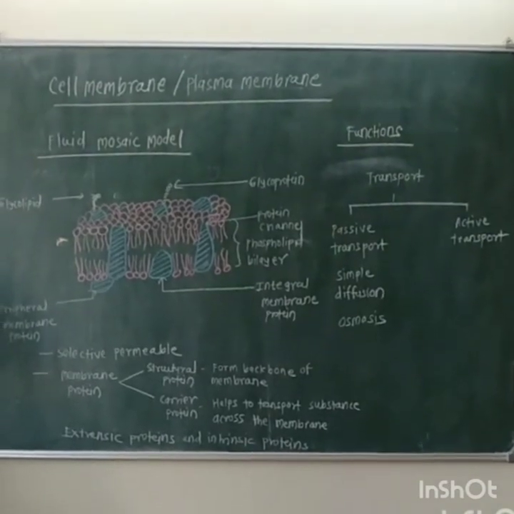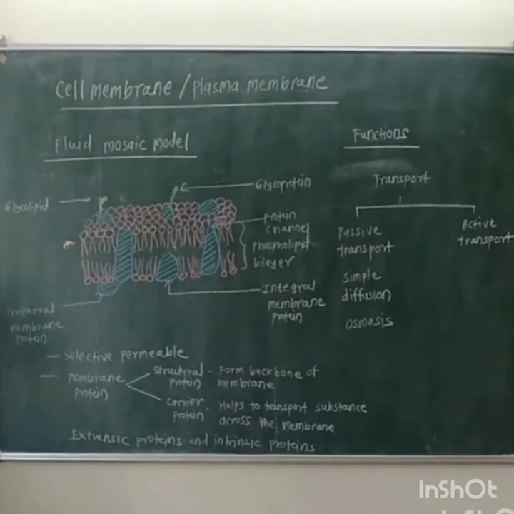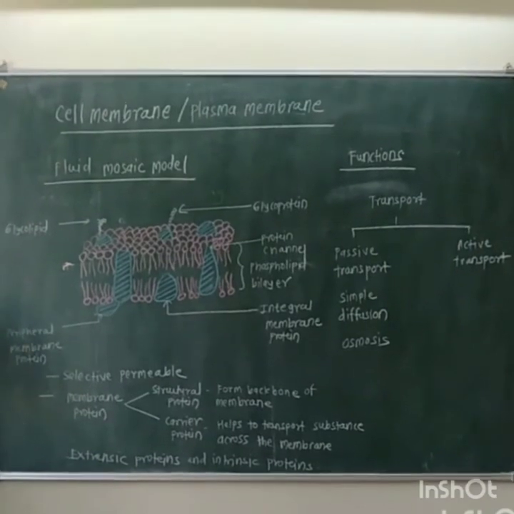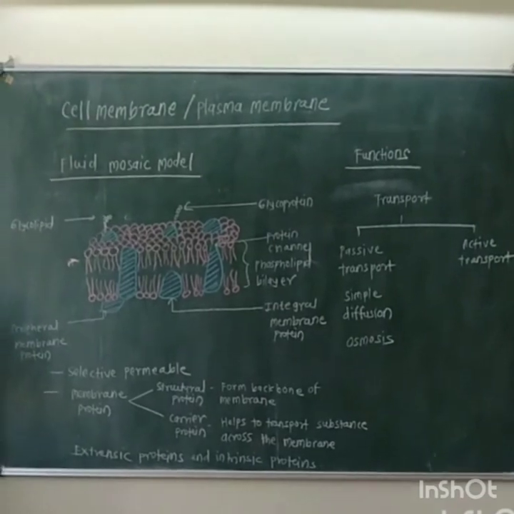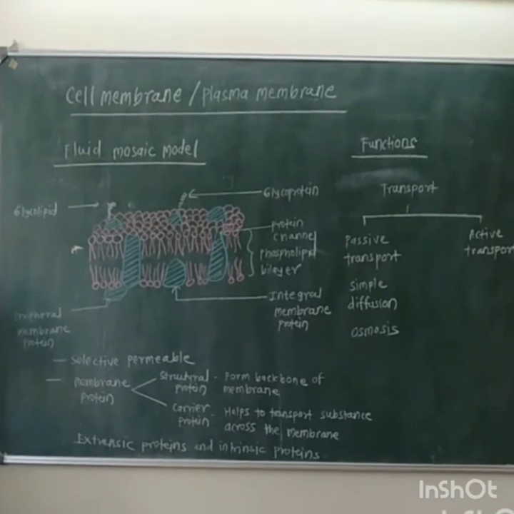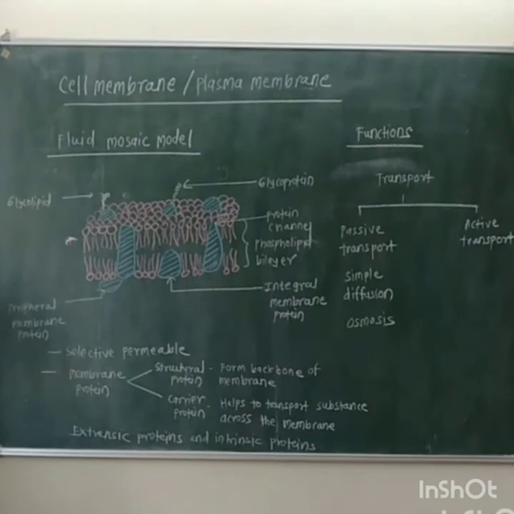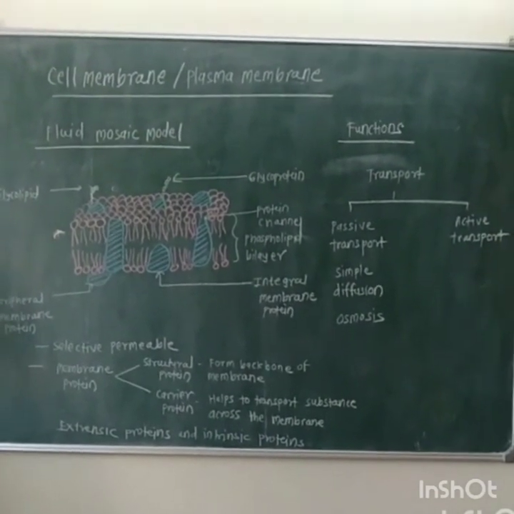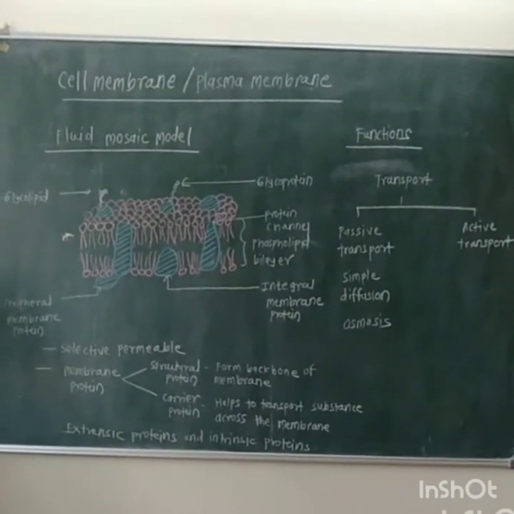So it's a very vital organelle of the cell. It is required for the survival of the cell, if the plasma membrane is removed from the cell, the cell will die. It also has an important role in the formation of various cell organelles. So in this way, that is about the plasma membrane or cell membrane. We can learn about the various cell organelles in the next session.